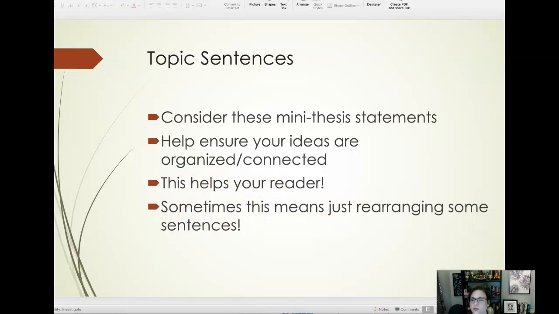There were a few of you who may have started with Choi in that first topic sentence, and I said, well, how about you make this sentence your topic sentence, right? This is something that relates to you and your food memories, and then Choi becomes support for it. So really take some time to look at your overall paragraph and see if there's anything to rearrange.